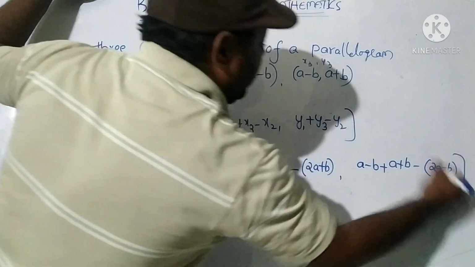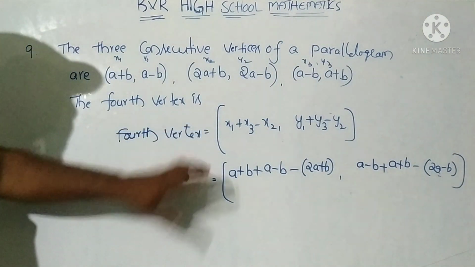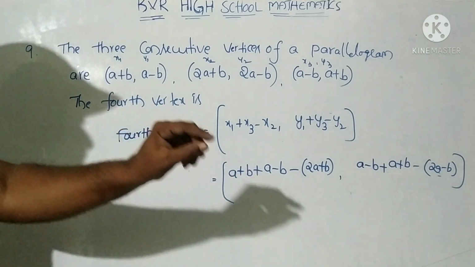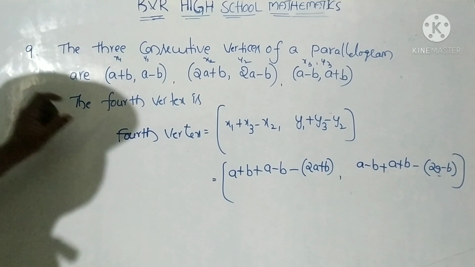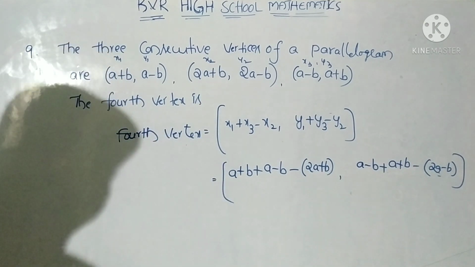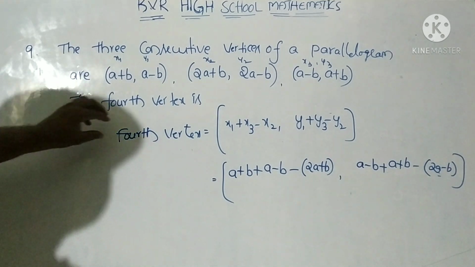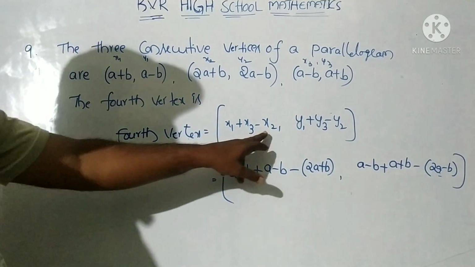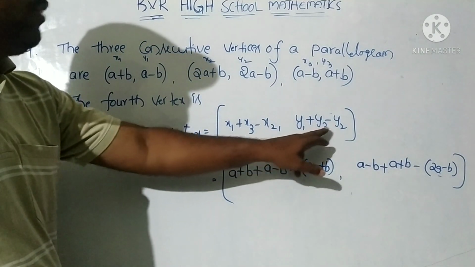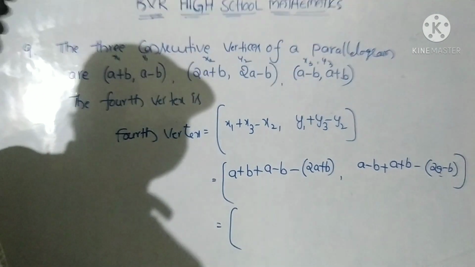This direct formula works for the fourth vertex of a parallelogram, a rectangle, a rhombus or a square. So x1 plus x3 minus x2, and y1 plus y3 minus y2. That equals, after simplification: